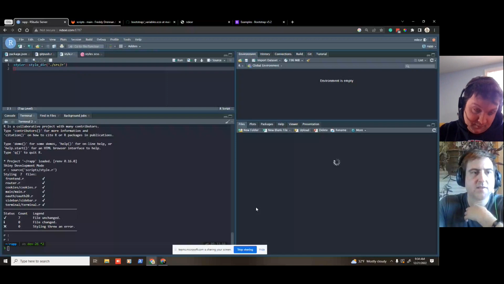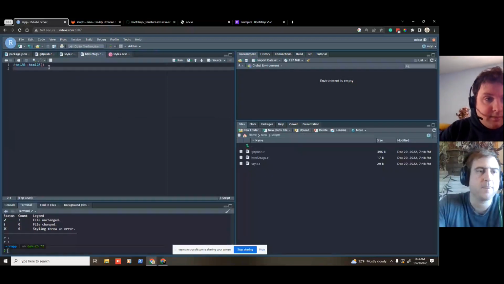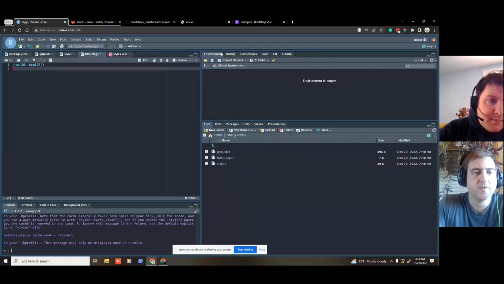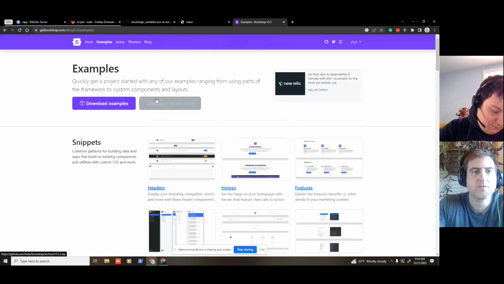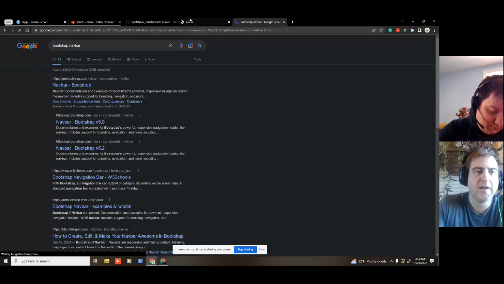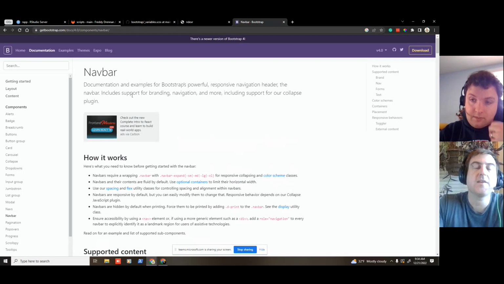I found a cool package because I was about to build this for myself, and someone else had already done it. I love that. Here's the thing. Let's do a Bootstrap nav bar. I don't use fluid rows. I don't use the column function. I don't use anything that Shiny provides